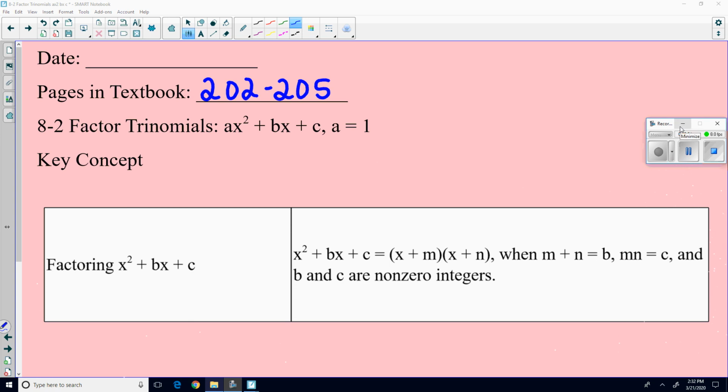Hi everybody. Here are your notes for 8.2, factoring trinomials. I know this looks a little scary maybe here, reading across the top of it, but hopefully I give you